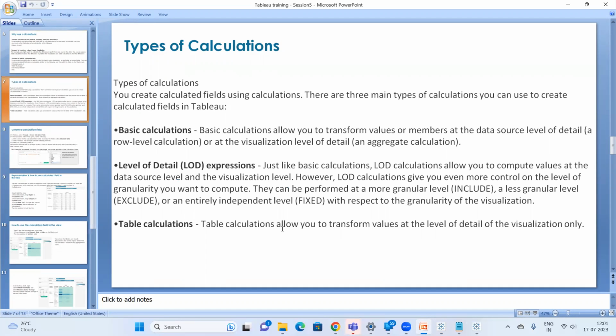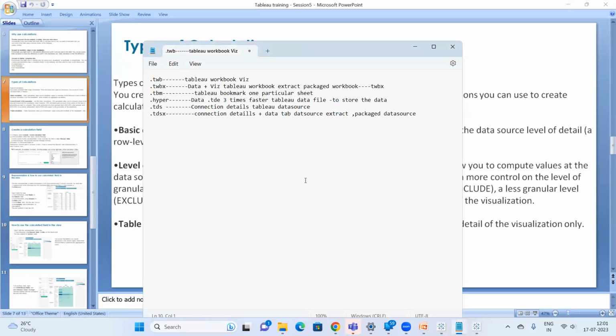So we'll start with basic calculations. There are three types of calculations: basic calculations, table calculations, and LOD calculations. For LOD calculations itself, there are 3 sessions, so it's a big topic. And table calculations have 1 session separately. In basic calculations, I'm going to show you how to use